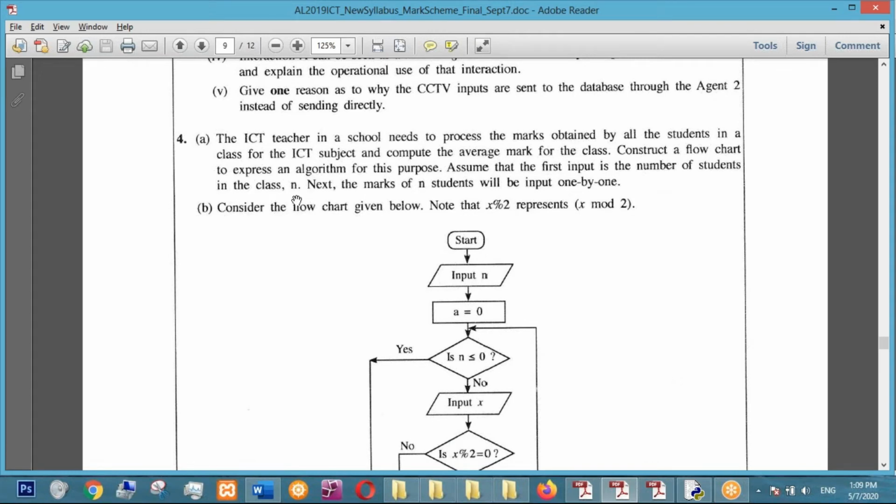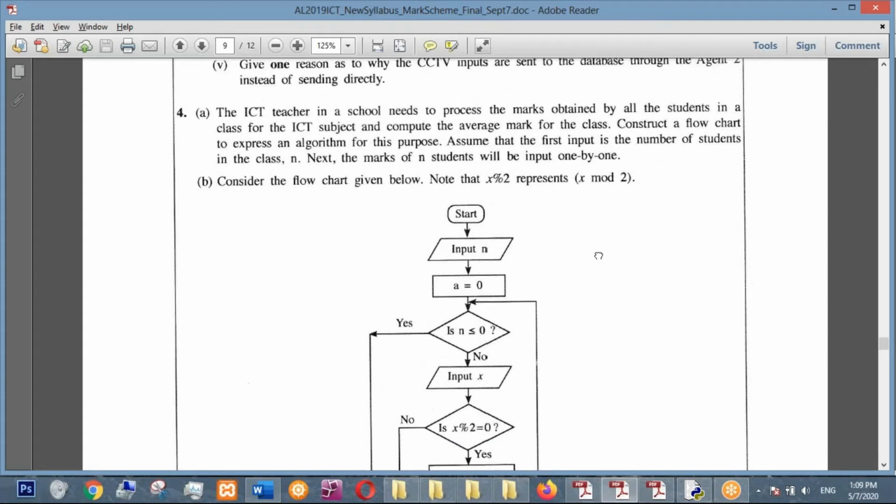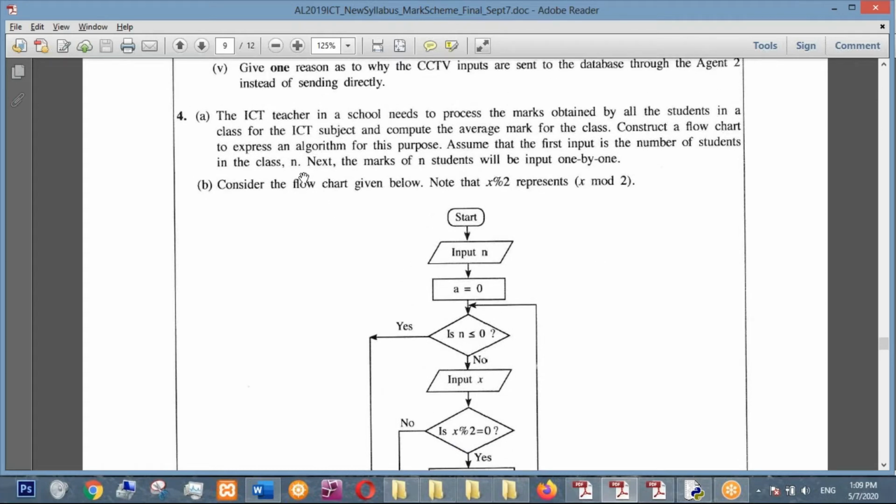Let's say you ask the user to enter n, and then you start a counter from 1 all the way up to n. So they want the flowchart, no? So something like this. You can put counter less than or equal to n. Yes, you continue. What do you continue? Enter student marks,